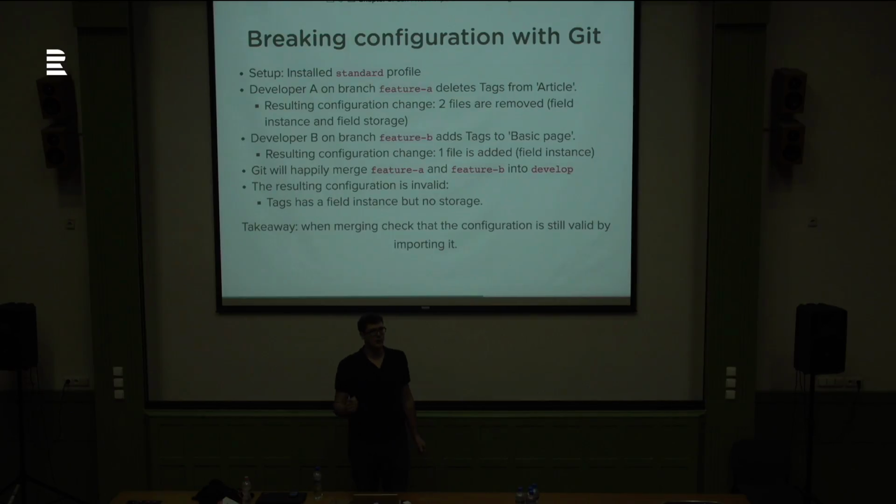So now I was promising you how you can break your configuration with Git. And it's very simple. You install the standard profile. Developer A branches and deletes the tags from the article content type, which results in 2 files being removed, the file storage and the field storage and the field instance. Developer B on the same adds the tags to the basic page, which results in 1 file being added, the file instance. If you merge these 2 branches, Git will happily do that because